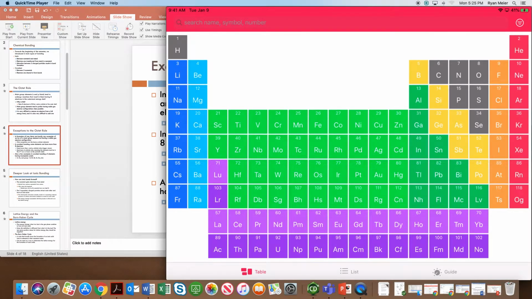And so they have what we call expanded octets, because they have these extra orbitals to hold those extra electrons. Additionally, once we get to the 3rd row of the periodic table, not only do we have d orbitals, but the atoms are just big enough to be able to take those extra electrons. Those two effects combined make it so that pretty much any element in the 3rd row and lower, especially in the p block over here, is capable of having what we call expanded octets